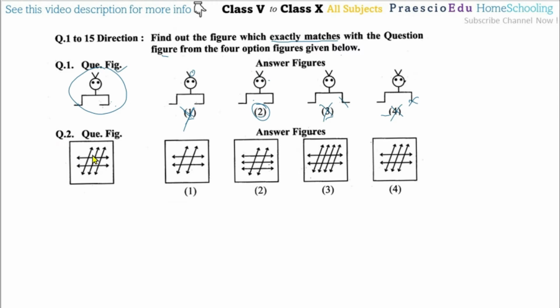Now question number 2, three lines intersecting with the three lines. Okay, sorry, two lines. So this one has here two lines, here four lines, here three lines. And horizontal two lines, means option number 4 is the correct one. Means only similarity, same to same, we have to observe. Now here is a difference, here also a difference. And here are four lines, means options 1, 2 and 3 are incorrect.